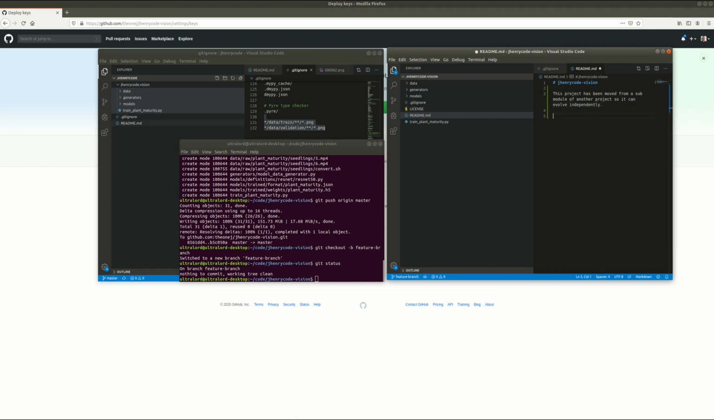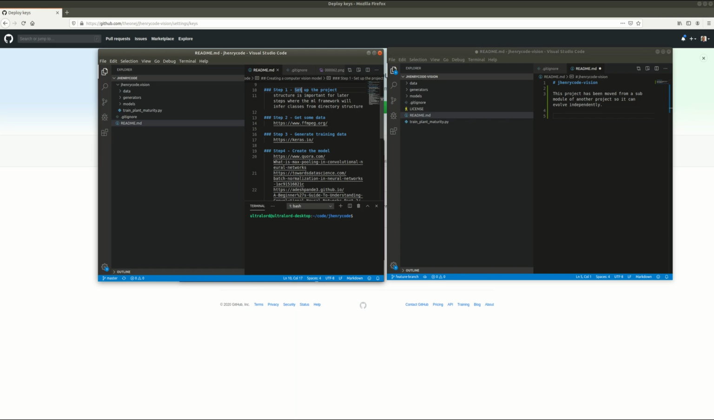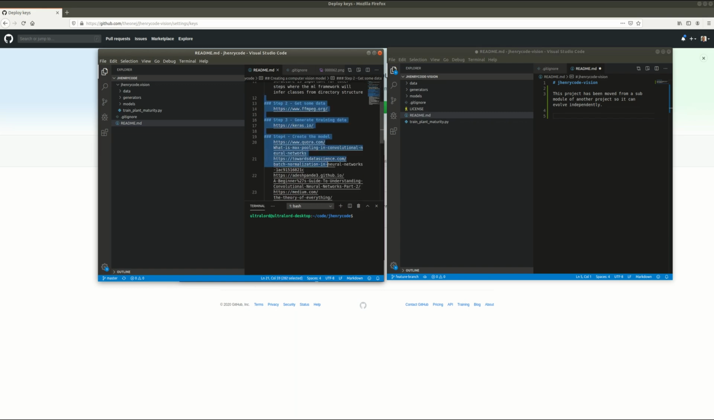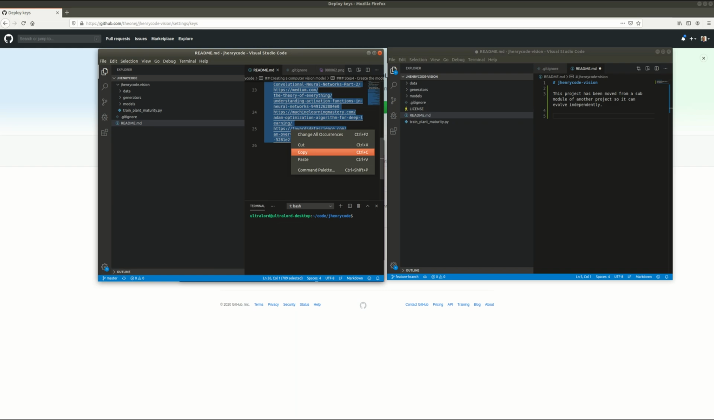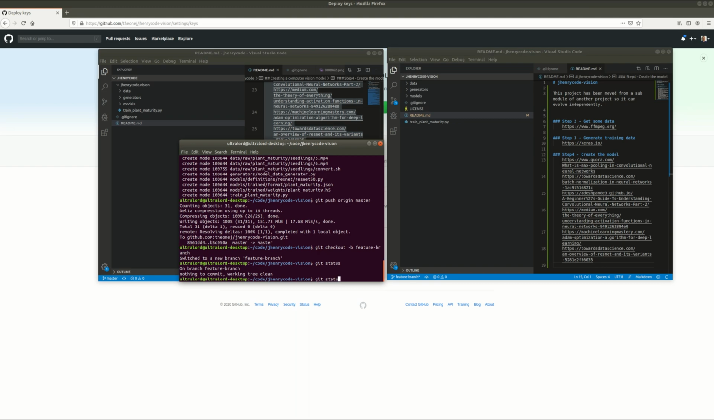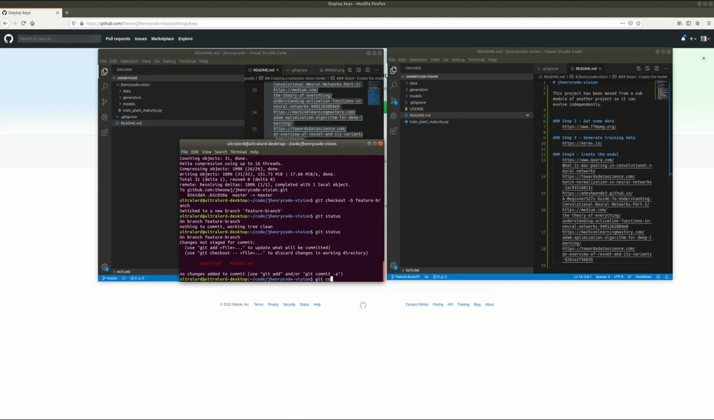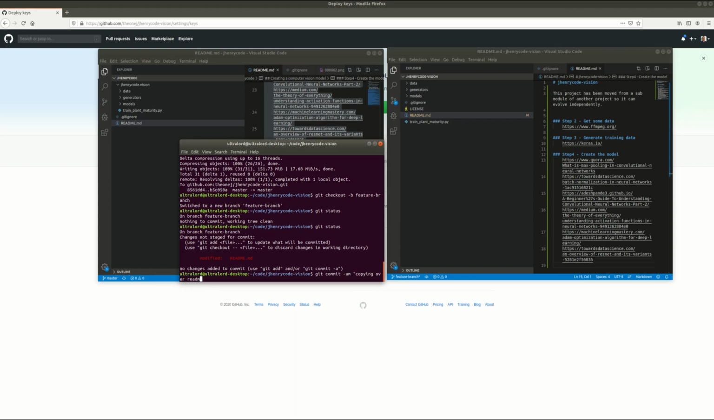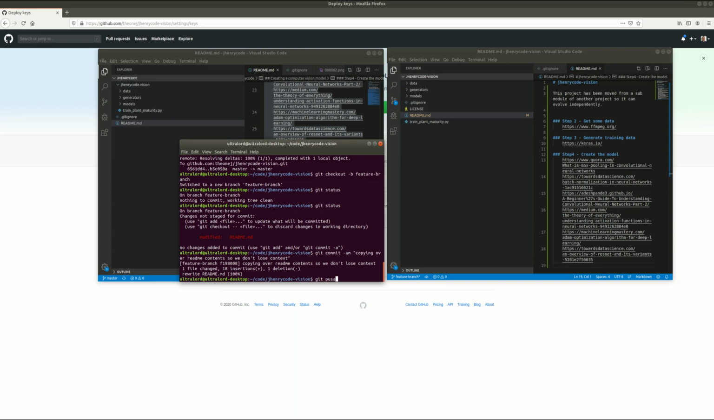And actually, I've got some good stuff in the README over here that I probably want to... Yeah, let's go ahead and copy all this over. This is good stuff for the README. And then we'll put that in there. And then if we do a git status again, we should see our changes. We'll commit, copying over README contents so we don't lose context. And then I'm going to git push